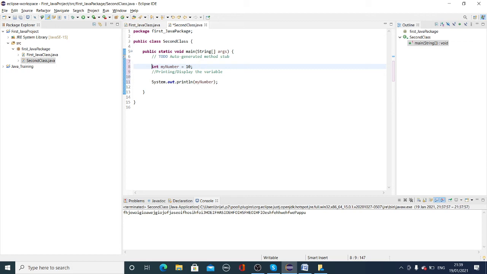Int is the variable type, myNumber is the variable name, and the variable value is 10. So when I store the value of 10 in myNumber and execute it, it will print 10. Yes, you can see 10 in the console.